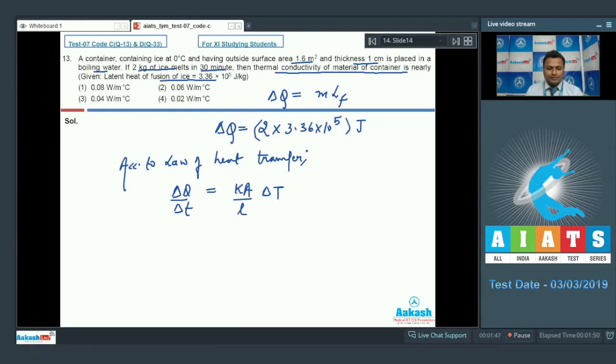Now plugging the values, we will get delta theta, which we have calculated, 2 into 3.36